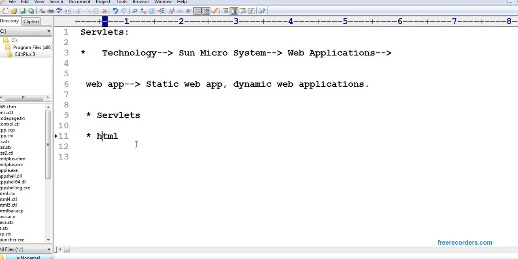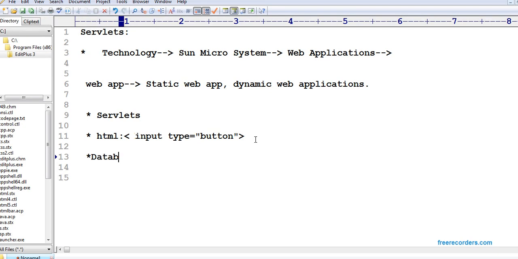Let's say I say button. Okay, if I say button, a button will be created on the browser. That means I'll say input type equals button. A button will be created like this. So based on the tags you use, a graphical user interface will be generated on the browser. Okay, and if your application needs to store some data,